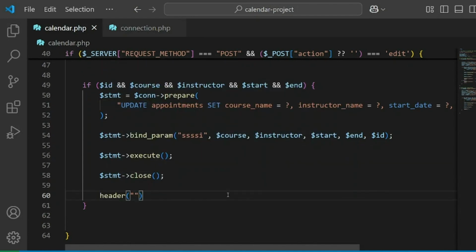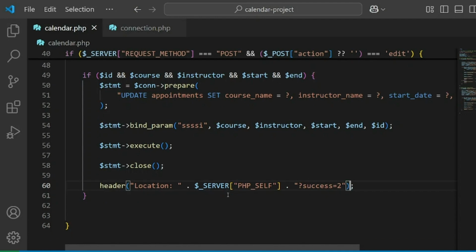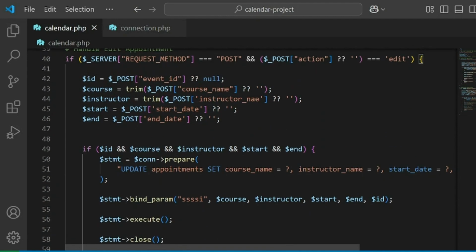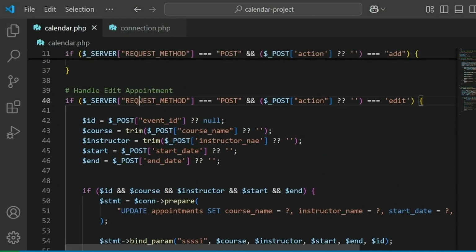The last step is header. We have to redirect the user to the location, which is dot to concatenate, and then server php underscore self, and then put concatenation mark, question mark, success equals 2, and then semicolon, and we have to exit out of this php script. Else, if we notice here, we have this condition, if request method